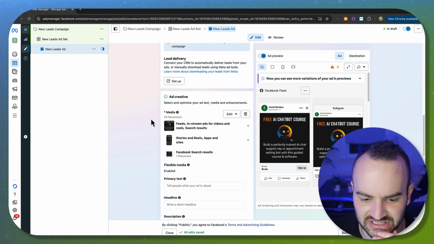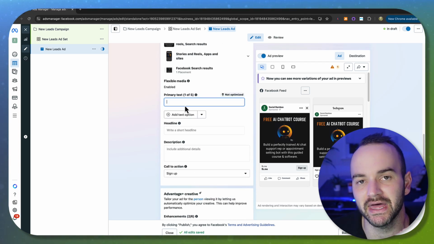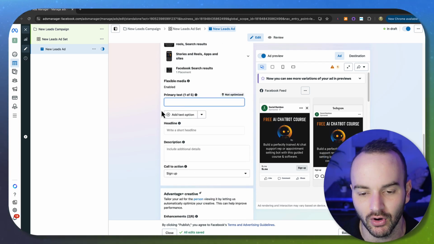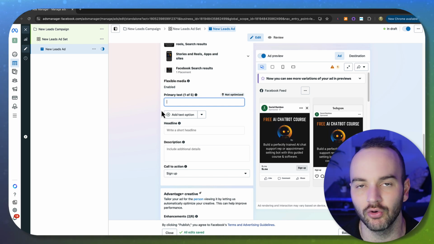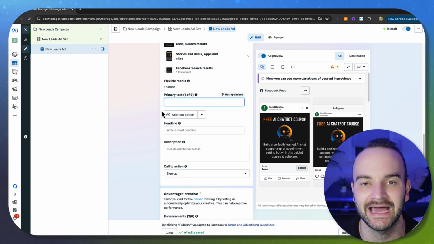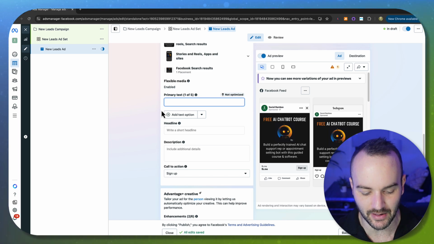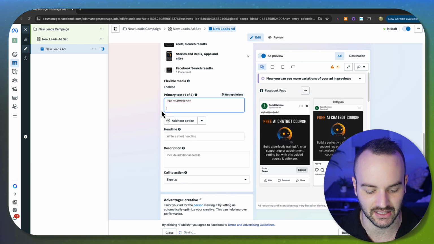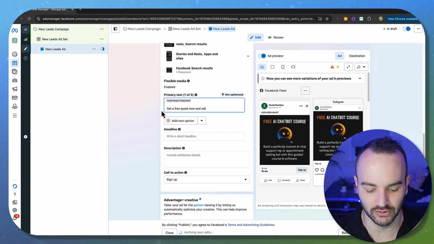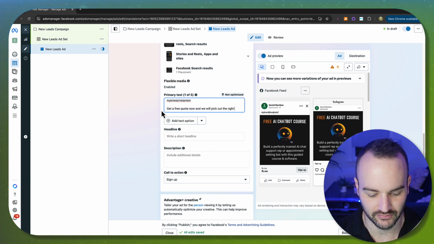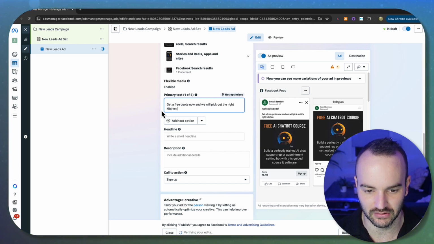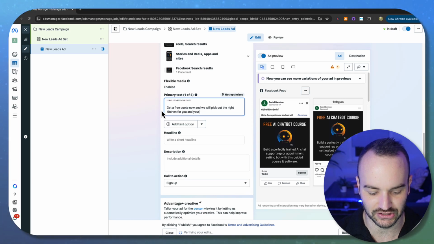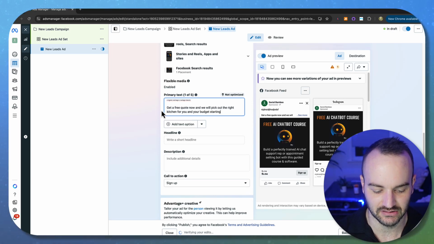The second tip that I'm going to give you for getting leads is to mention the price. For instance, if you are trying to sell home renovation jobs that are starting at $10,000, it's not a bad idea to, after you've explained all about your offer, to say, get a free quote now and we will pick out the right kitchen for you and your budget starting at $10,000